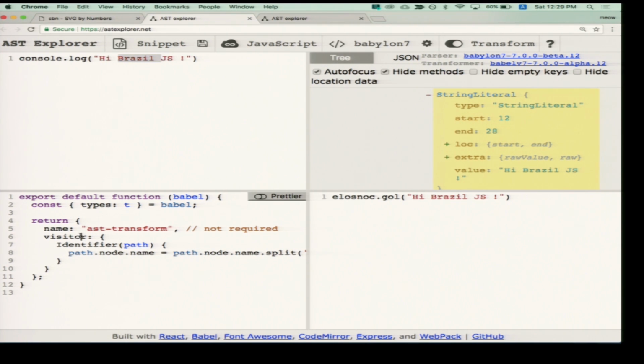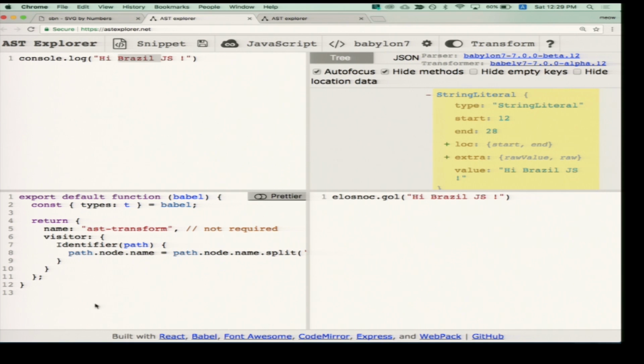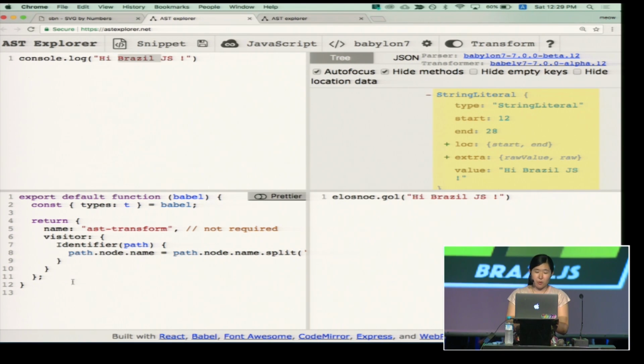So let's do that. I select the transform, then select Babel v7, and it gives you a template code for the transform. On the right-hand side, it gives you the output code. Right now, the template code is just replacing all the words in reverse order. But let's say, transform